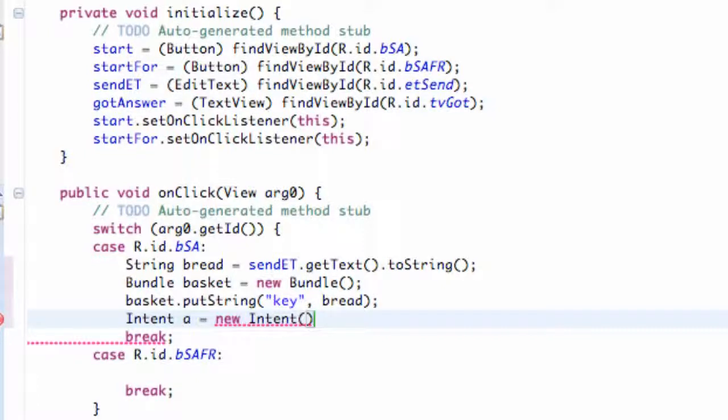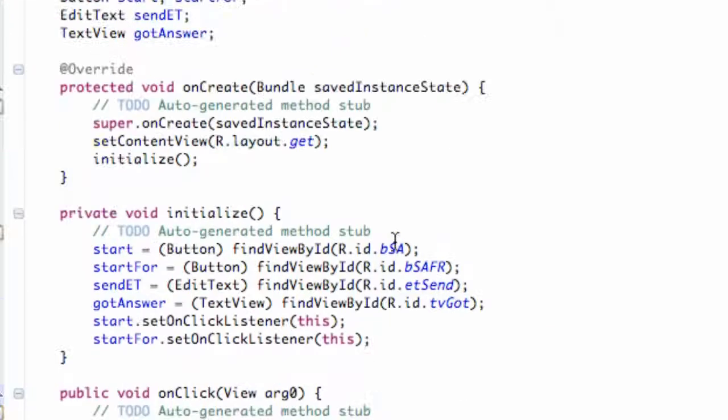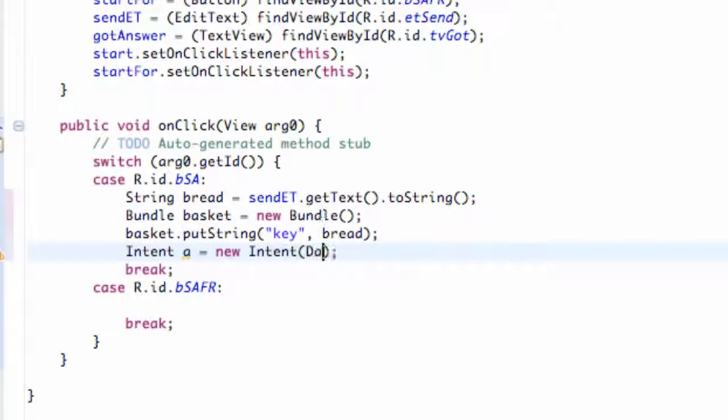But this is going to be a little bit different parameters for the most part. So instead we got to give the context, and then we got to say what class we want to open. So we're going to say the context of this class, which is called data. So we're going to say data.this, comma, and then the class name that we want to open. And so we're going to say open class